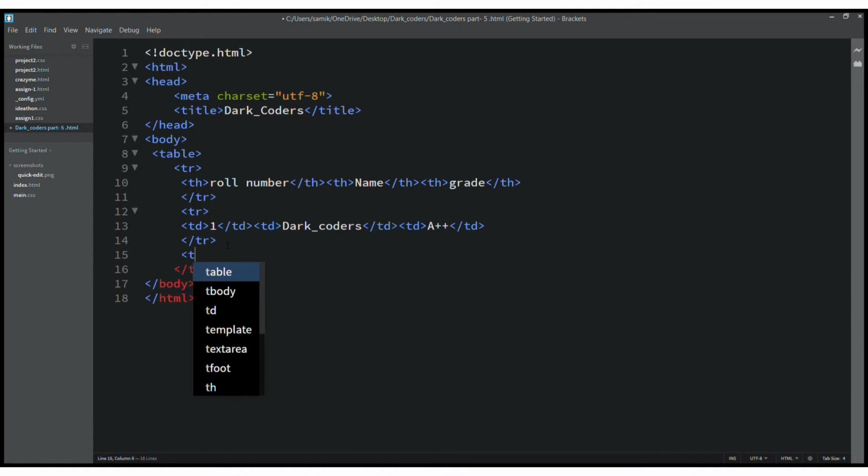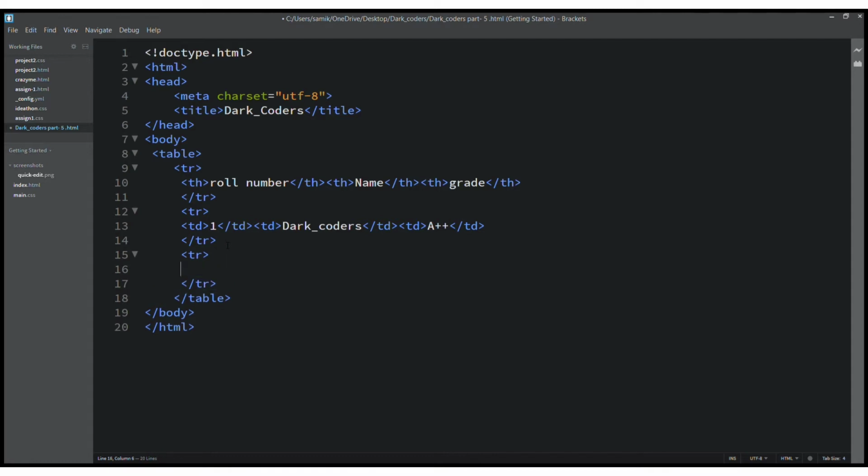After the tr tag I will place it two places down, and after that I will write td, the same things, for the number 2 student. Here 2 will be displayed because it's the second number, and after that I will write td one more time. In between I will write Sam X 285. These are all imaginary names.